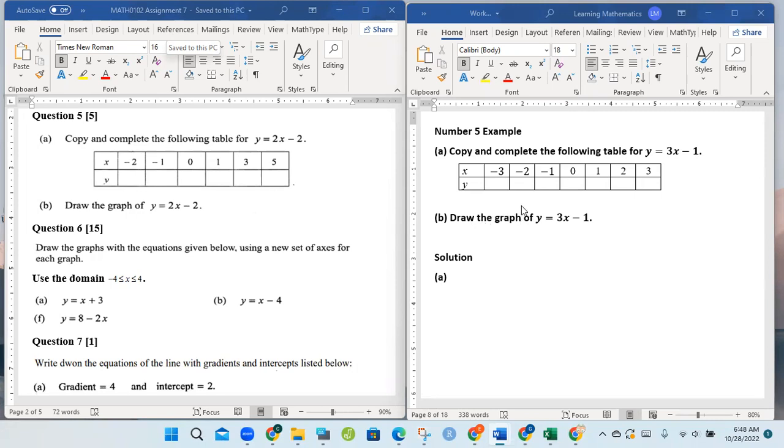So what we need to do is to complete this table by substituting the x values, each one of them individually, into the x place in the y equation, in the linear equation, and solve for y, and then to complete the ordered pairs, and then to plot and to draw the graph. We're going to get a straight line. So in order to substitute the x values into the equation, we have to